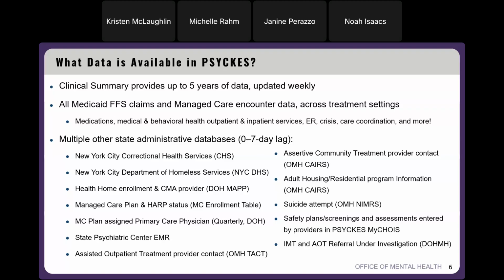However, other information like inpatient and outpatient services tend to take a little bit longer from the time that the service occurred to the time that you'll be able to see it in PSYCKES. On average, I've seen as little as 2 months, but there could be other times where it's like 3, 4, maybe even more months. And that's because of a couple different things. First, it depends on how quickly and accurately the provider themselves bill for the service. Some providers might have a billing practice where even if a service started on the first of the month, they do all their billing at the end of the month. So that's already adding a month onto that billing lag.